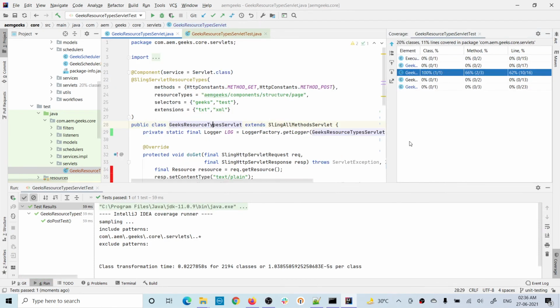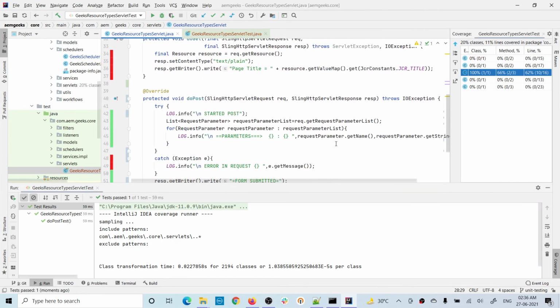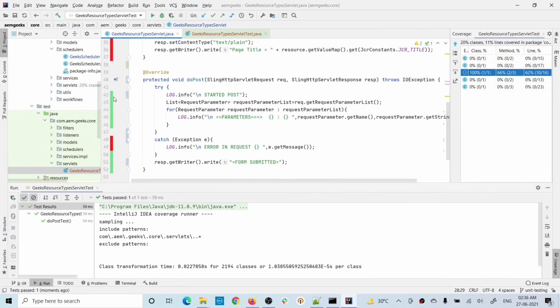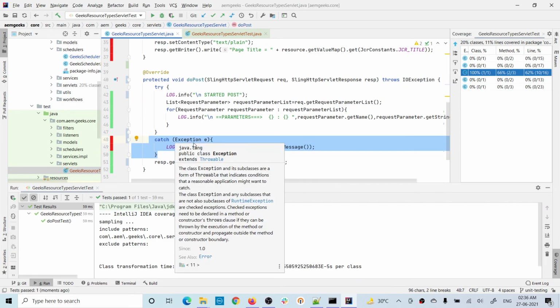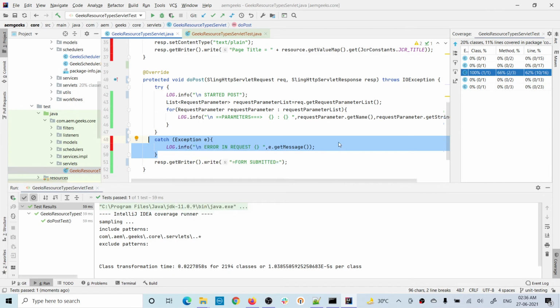Now you will see, let's come to the post method. We have covered everything except this catch. How you can test this try and catch block, how you can write a statement and unit test for this, I will explain in a separate tutorial, because this is a generic topic. I don't want to mix this with this post method unit test.